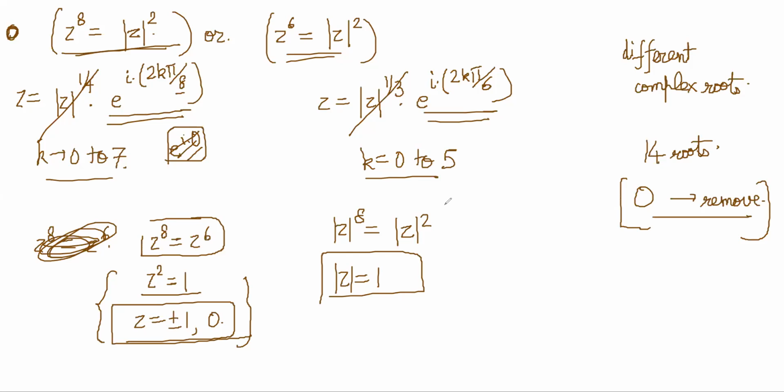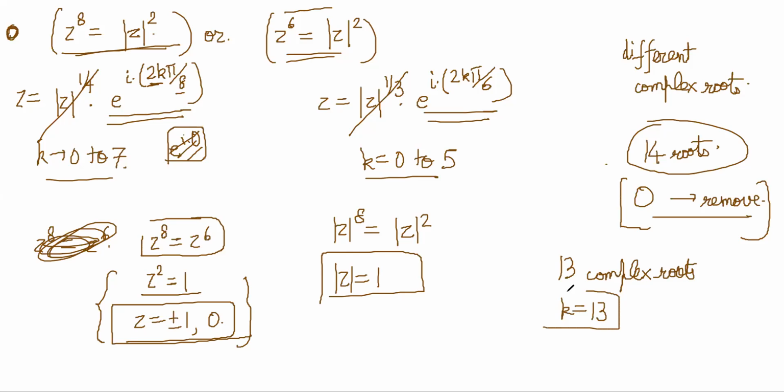So my first z, which is on the LHS, is some 6 pi stuff, and on the RHS at the same time it will be some other value. The highest will be 14 pi by 8 here, right? It doesn't reach 24. So instead of the 14 possible roots, remove 0, which is common to both, and there are 13 complex roots. So k will become 13, and k minus 10 is equal to 3.